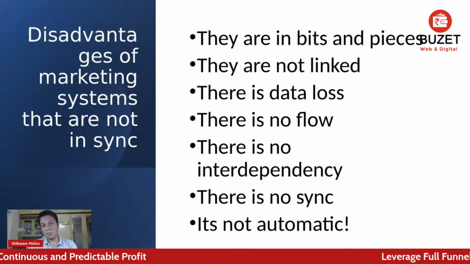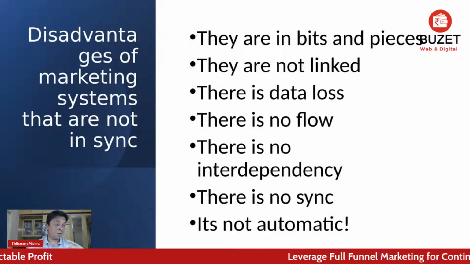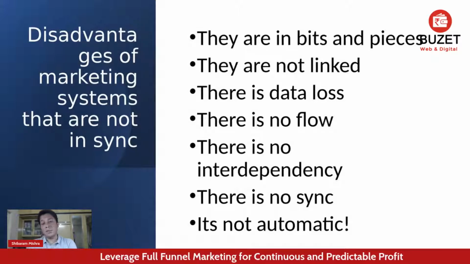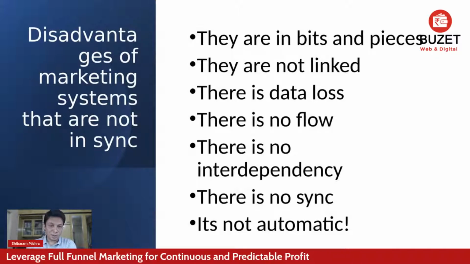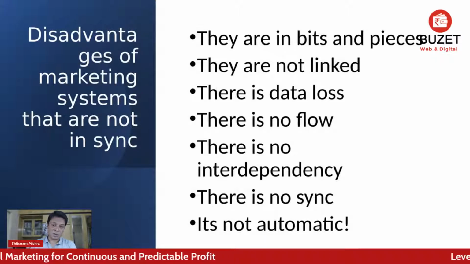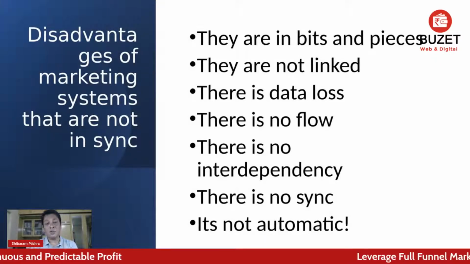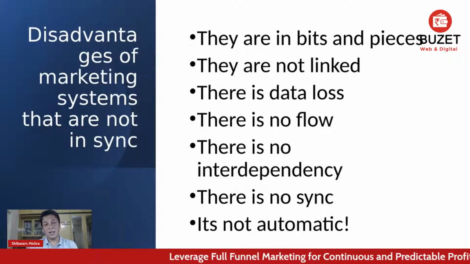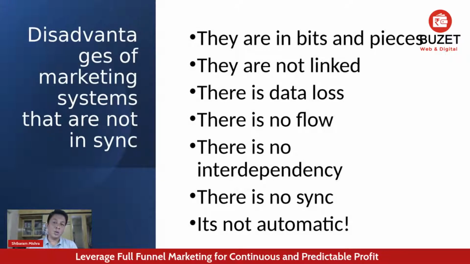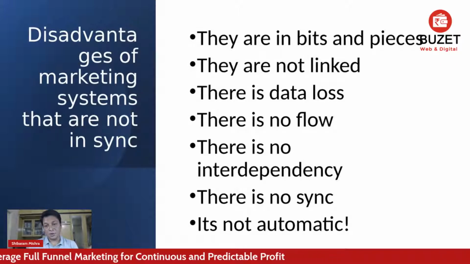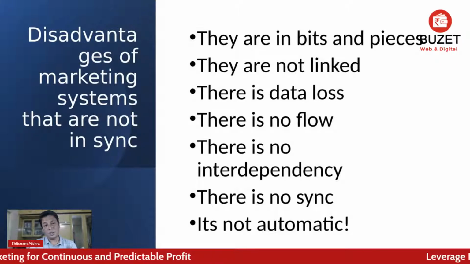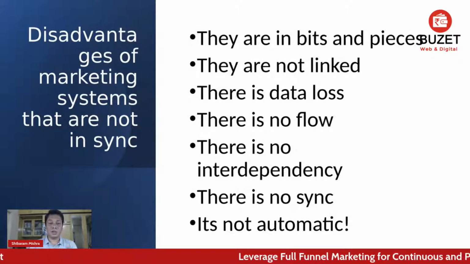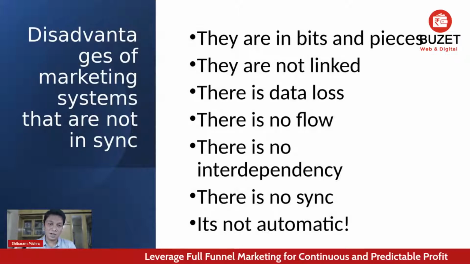It can be a social post, it can be a video view, it can be a first email, it can be a blog post, to converting them to a lead, a prospect, and a customer. Okay, everybody is not your customer, but we should know whether this person is eligible to be our customer or not. This person has the intent, this person has the urgency, this person has the budget to purchase our product or service or not. So our duty, or the system's duty, is to handhold them in an automated manner, so that there is no opportunity lost, there is no data lost, there is no communication lost.